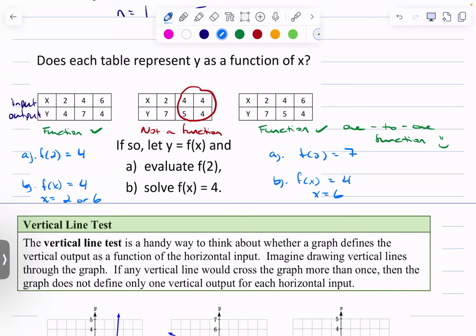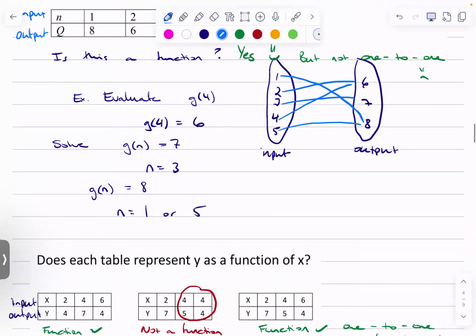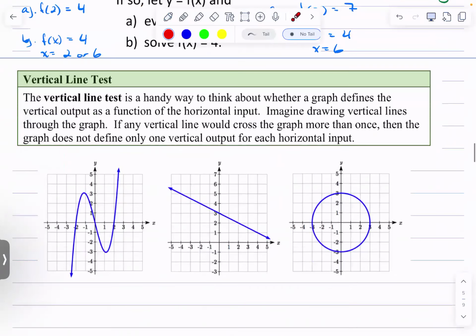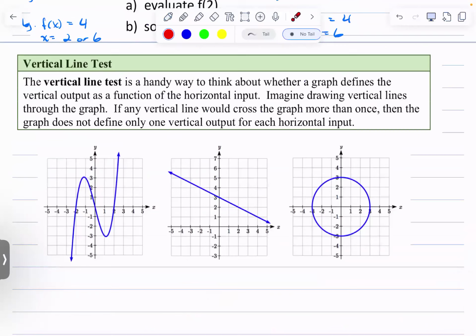So using tables as functions, I think, is kind of fun. They're not very elaborate functions at all, right? But you can visualize them pretty easily like this, right? And kind of see them happening. Usually, our functions are shown as graphs. Right? And so one thing that we can use is called the vertical line test, or the VLT.